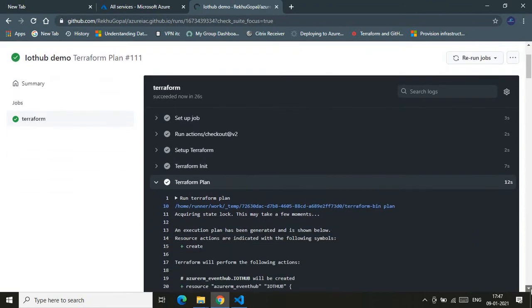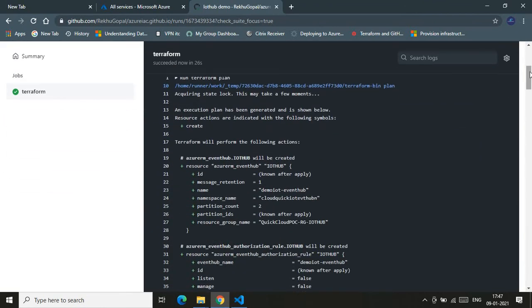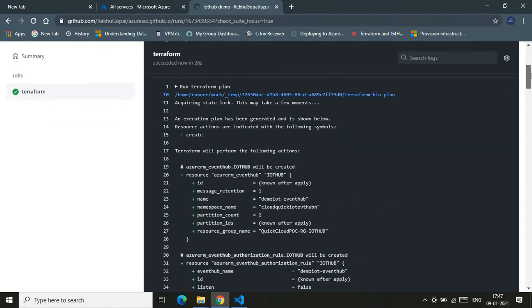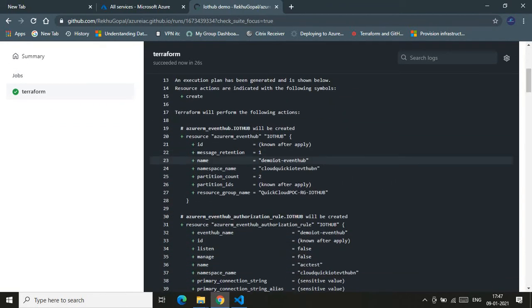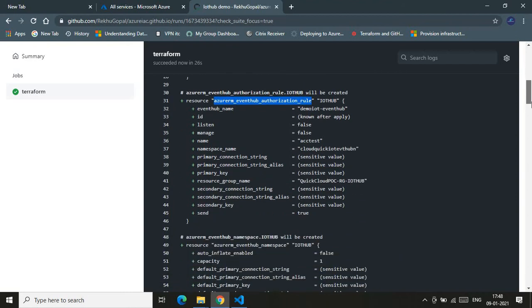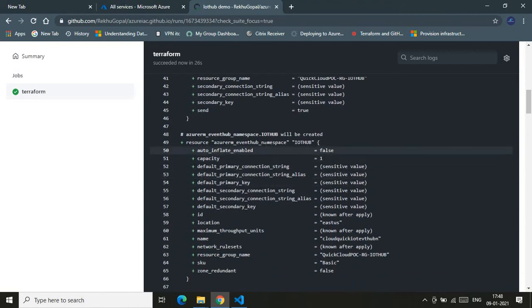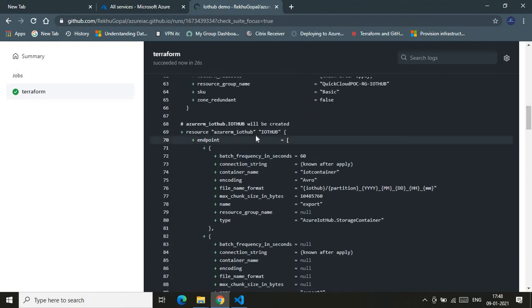Let me quickly walk you through this Terraform plan summary. It says it's going to add multiple resources. One is the event hub, then the event hub authorization rule, and after that the event hub namespace, a container, and it's also adding the IoT hub, which is our main service.